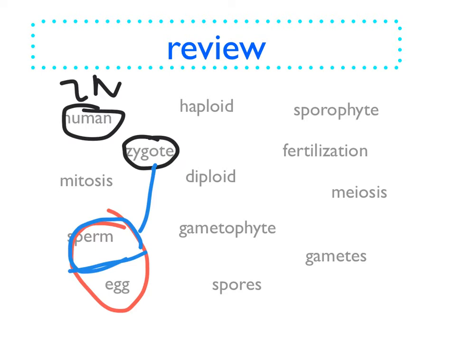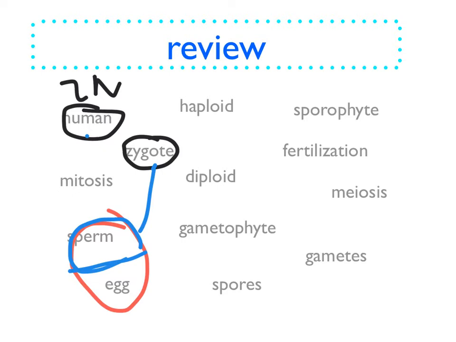Humans, the zygote then goes by mitosis. And then, of course, we're making sex cells. And so humans grow, and then they finally mature, and they have germline cells, and they're either male or female. And then